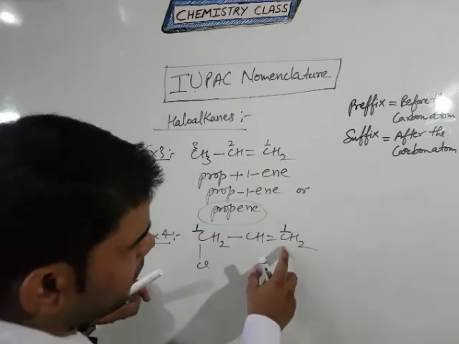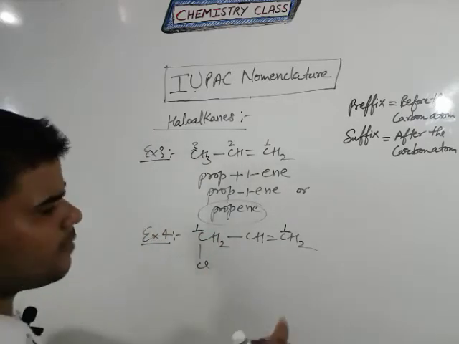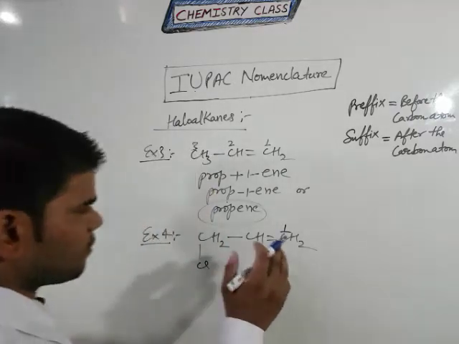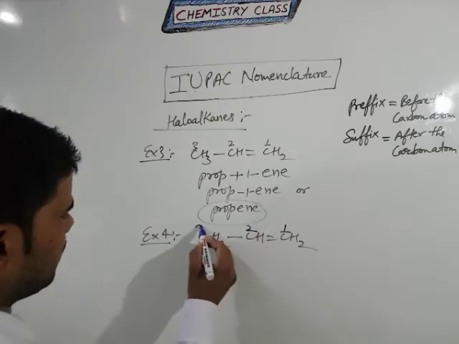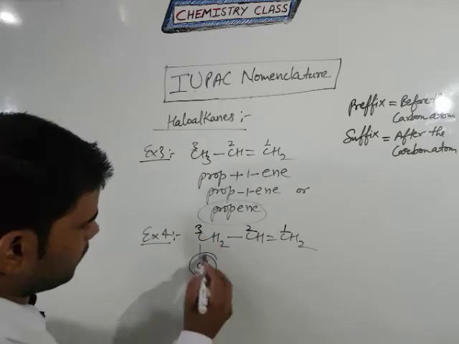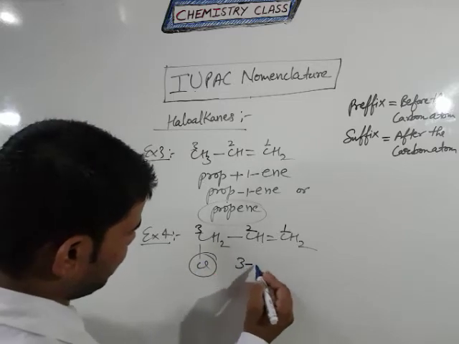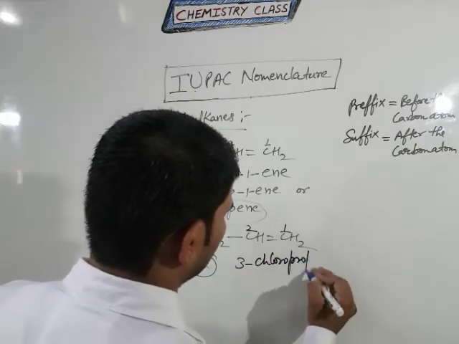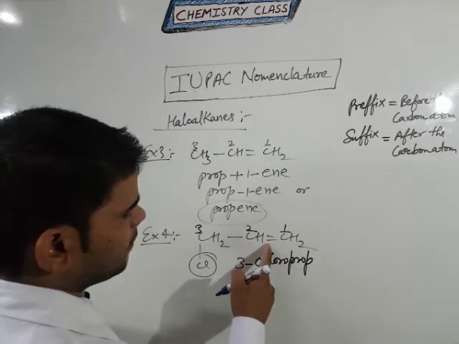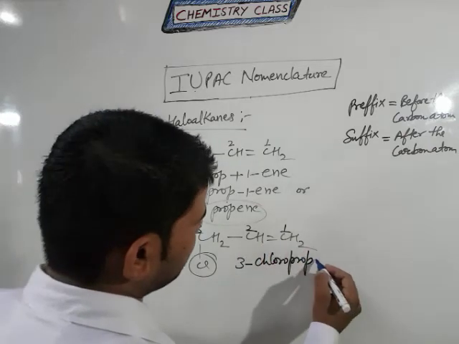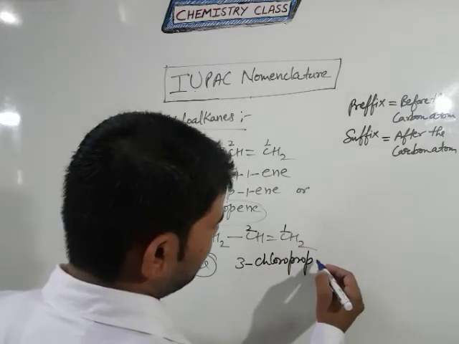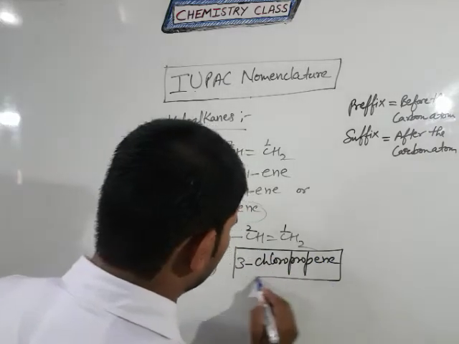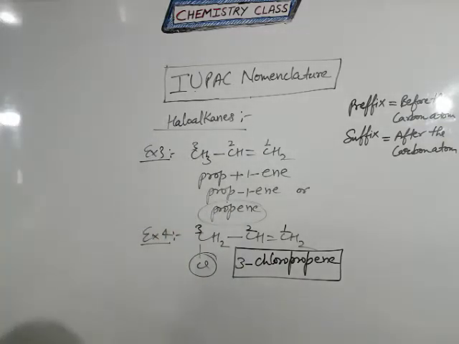So both the double bond and Cl have the same position, so you prefer the double bond, because the double bond priority is more, so that's why take first position, second and third. So the Cl will come at third, dash chloro, and the number of carbon atoms is how much? Prop. And what about the double bond on the carbon atom? It is at the first carbon atom, so you can write simply ene. So this is the final name for this example. Clear? So students,